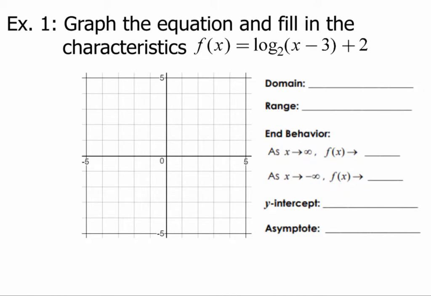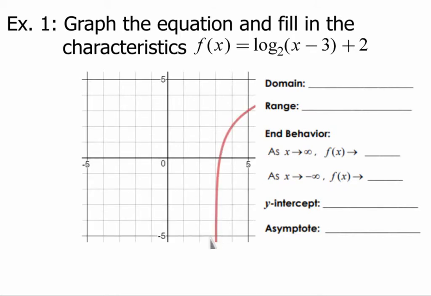So if we take a look at an example, we want to graph the equation and fill in the characteristics of f of x equals log base 2 of (x minus 3) plus 2. If I graph it, it looks like this. You would just use points from your graphing calculator. You'll notice that I have this